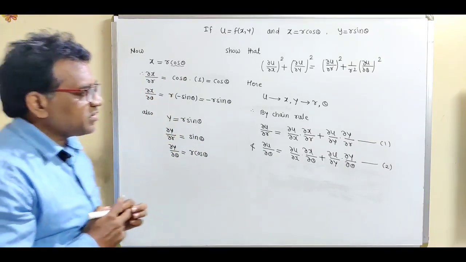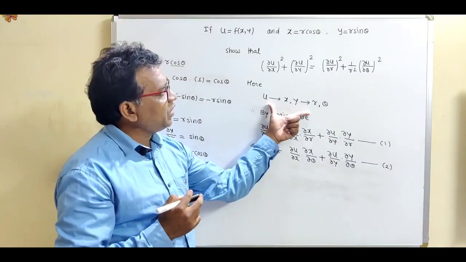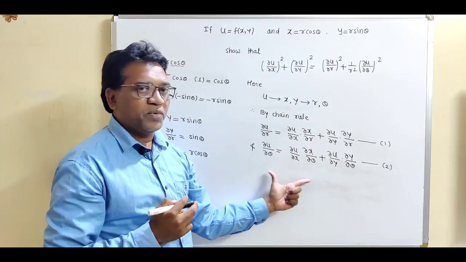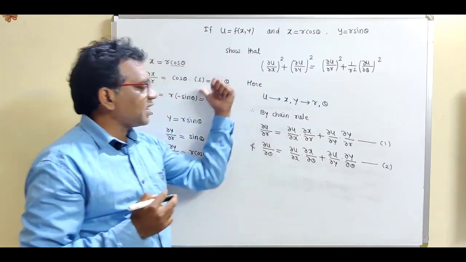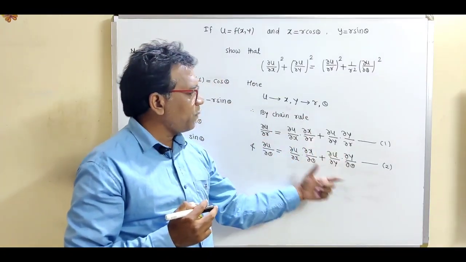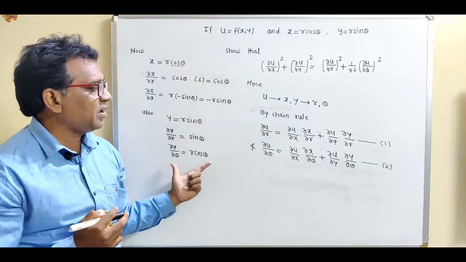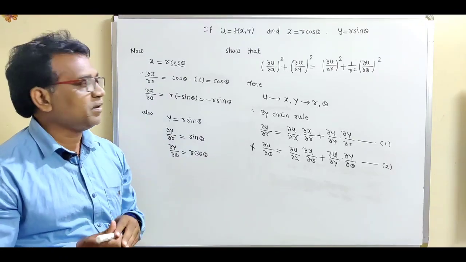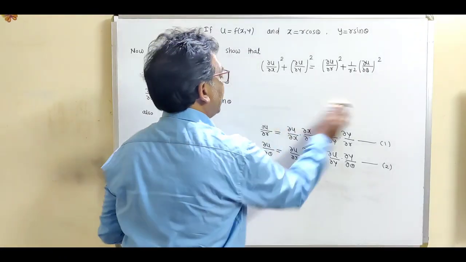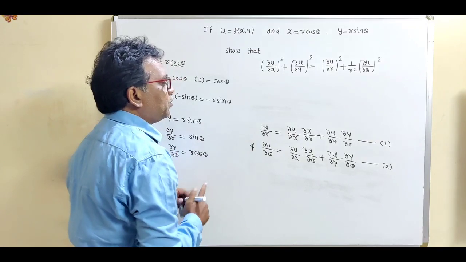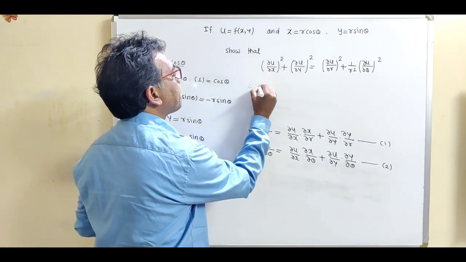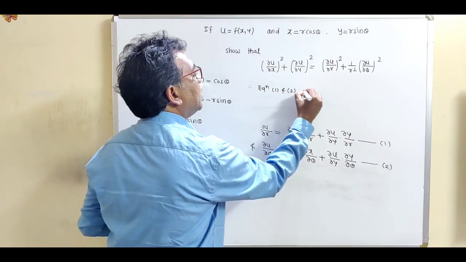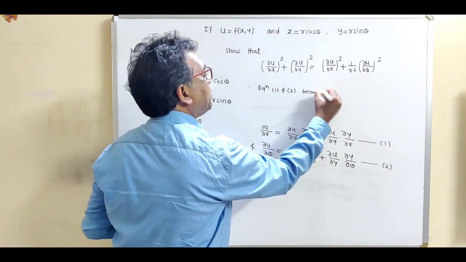So remember, what is the first step? First of all, identify the given chain and write the corresponding chain rule. This is step number 1. What is the second step? Find these 4 partial derivatives using x and y. Now what is the third step? Just put these partial derivatives in equations number 1 and 2. So write down, therefore, equations 1 and 2 become,